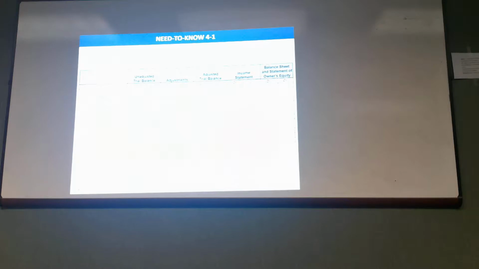Here's an example of a worksheet. So the following 10-column worksheet contains a year-end adjusted trial balance for Magic Company. As of December 31st, complete the worksheet by entering the necessary adjustments, computing the adjusted account balances, extending the adjusted balances into the appropriate financial statement columns, and entering the net income for the period. All right, so